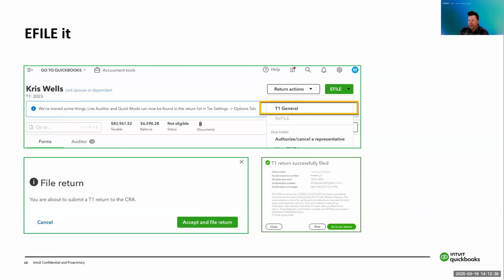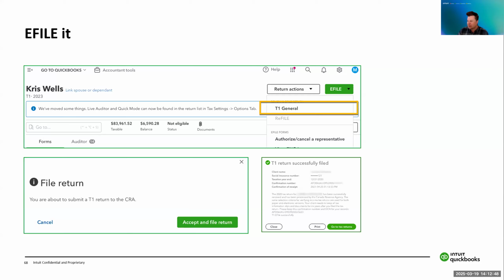E-filing. So a really, really important function that's included directly in ProTax is the ability to e-file your client's tax returns. Once you have the tax return completed and reviewed and ready to e-file, it's very easy to do that. On the bottom left, you see file a return. You're about to submit a T1 return to the CRA.